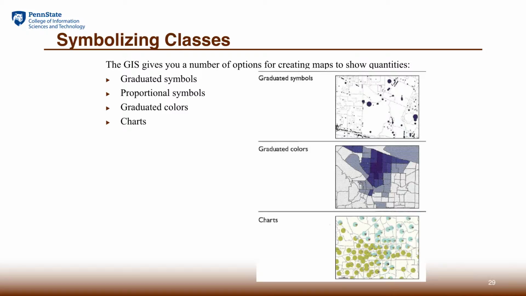Because classes defined by a numerical value have a certain degree of highs and lows, in some cases we want to show the relative highs and lows across these classes. So a popular way to show that is to use a graduated symbol or graduated color as a way to show the classes progressing from low to high or high to low. In particular, we talk about how ArcGIS will be able to do this.